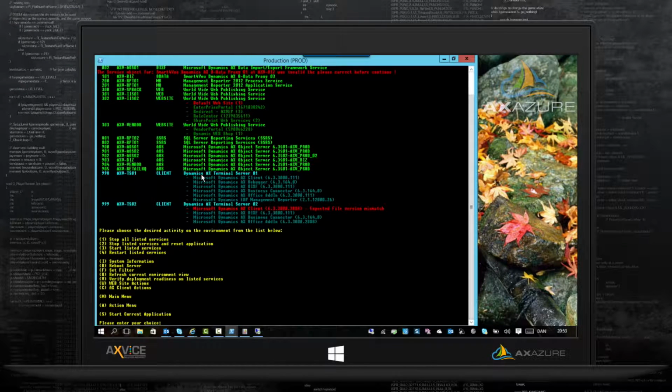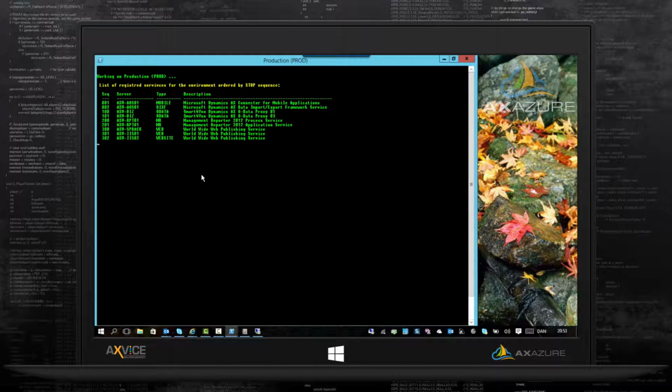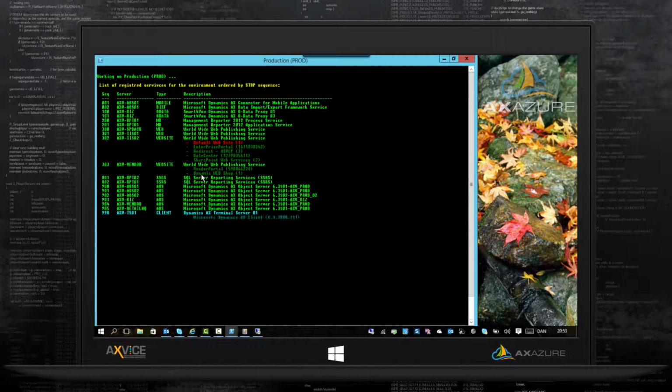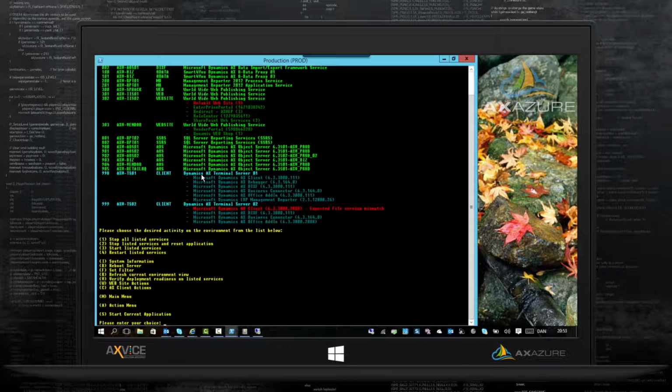when you have clients, typically terminal servers, then you need the information, obviously, where they are. So in this case, I've configured my terminal servers as my client. It could be local machines, physical machines, if you have your client installed on physical machines. Doesn't really matter as long as the service account that we're running under actually has access to do the same thing as on a terminal server.